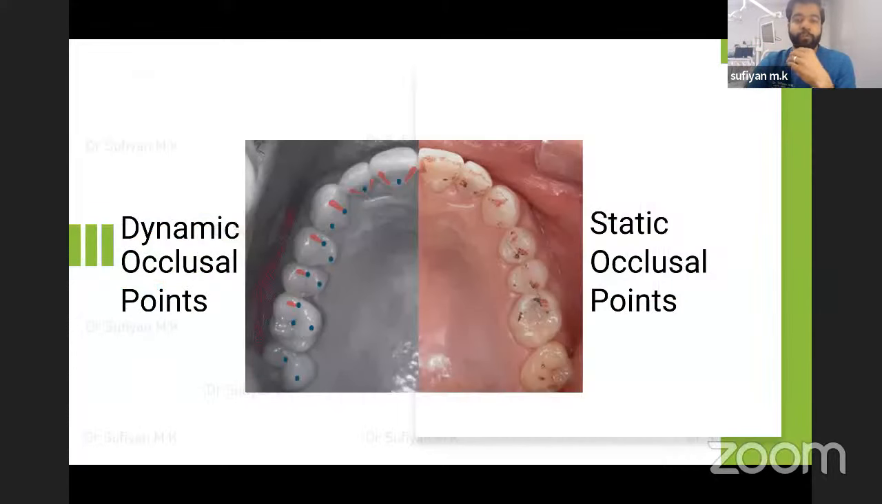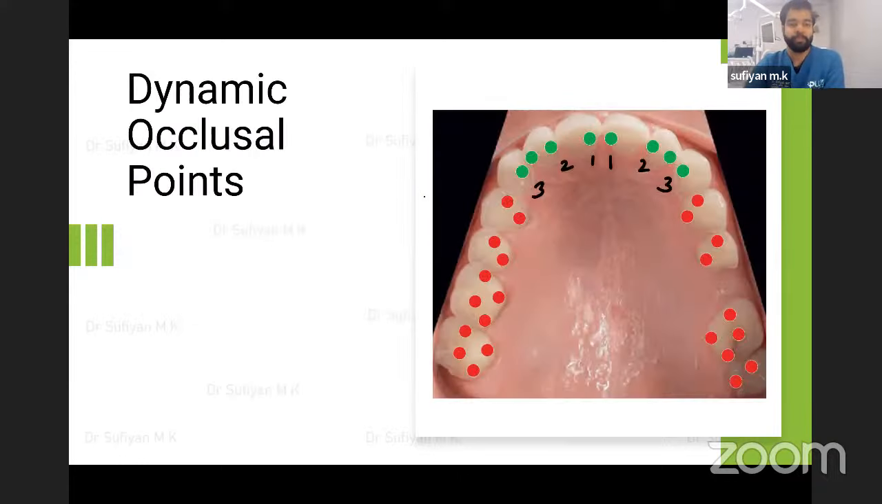So when the mandible goes forward and in lateral excursions, you should have this kind of dynamic occlusal points. Anteriors will have lines like this, and the posteriors like this in the lateral excursion marks. Okay, the points you see in blue are the static occlusal points, and the dynamic occlusal points will have lines, right? So when the mandible goes forward and in the lateral excursions, you should have this kind of dynamic occlusal